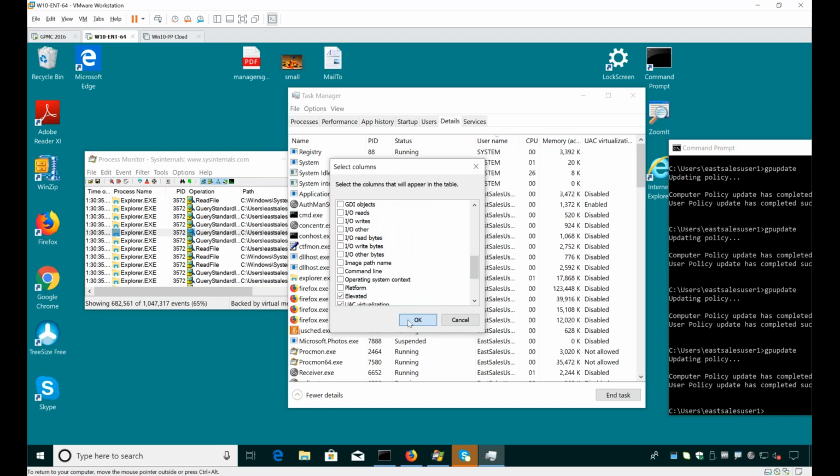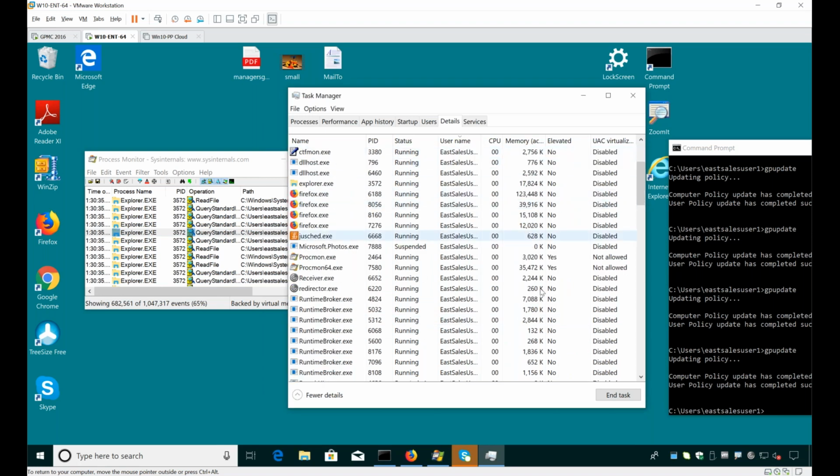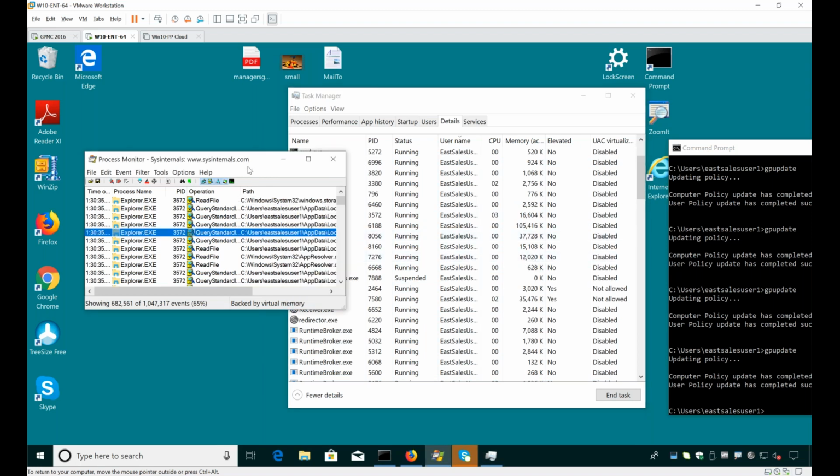Well, if we take a look at elevated and look at the apps that are elevated, there it is. Look, Procmon, it's elevated. The rest of the stuff, not elevated. So the idea here is that, of course, you want to use it in the right way. You don't want to just give everybody everything elevated, because that's like running with admin rights. You want to find the opportunities they need and elevate applications and scenarios they need